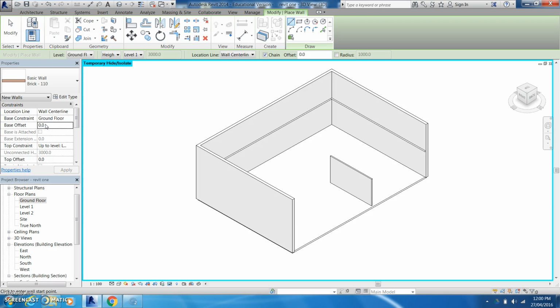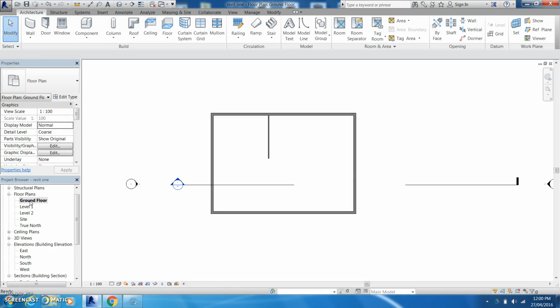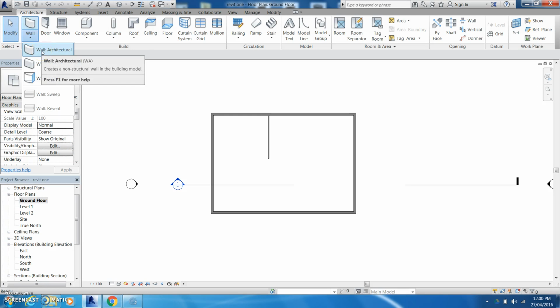If you find that your walls are drawing from the top down, you might have to change that base offset. You can see here that the base constraint is the ground floor, so it's drawing from the ground floor up. So if I go back to my floor plan,